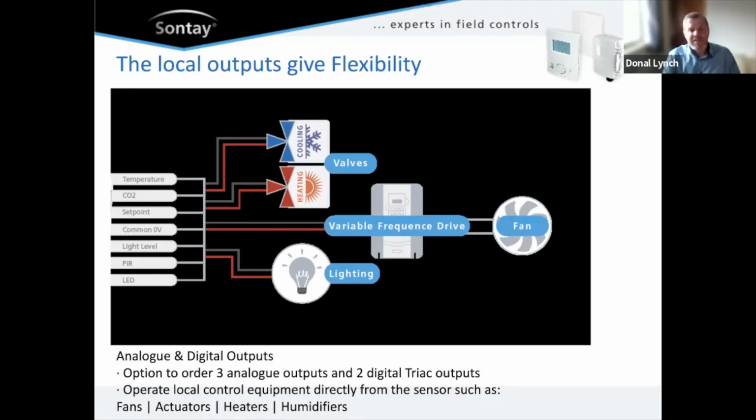So instead of wiring that fan all the way back to the BMS unit, you're just wiring it into the local temperature sensor, or the local sensor, and from there you're controlling it via the main BMS. Another example might be, if the temperature drops, you may be just opening the valve on the radiator or something like that. So all of that can be done automatically. But the point is that this gives us an awful lot of flexibility to be able to engineer a job